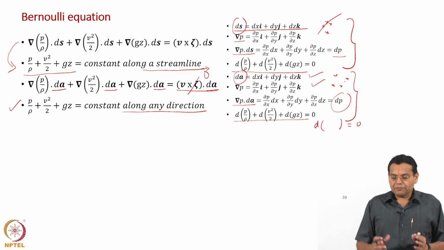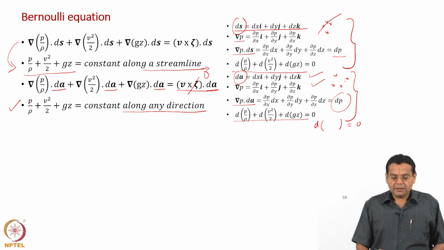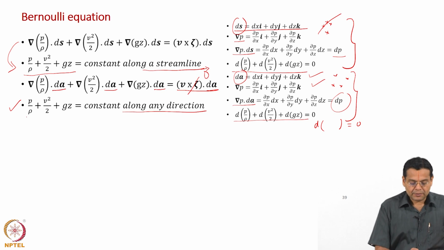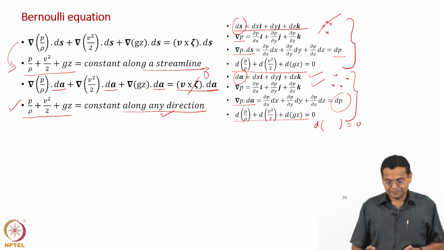So, even purposefully I have not shown the derivation in detail, because we should be able to arrive at this conclusion just based on physics itself, based on the condition that if it is irrotational, the right hand side is 0, statement number 1. Statement number 2, because right hand side is 0, I can take dot product with a vector along any direction, differential vector along any direction. So, immediately based on these 2 statements we should be able to conclude that the sum of these 3 energy terms is a constant along any direction. Okay.